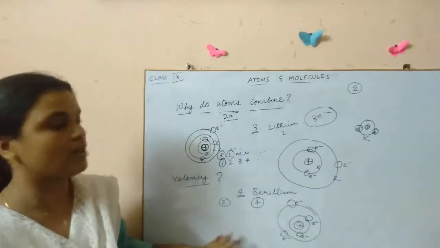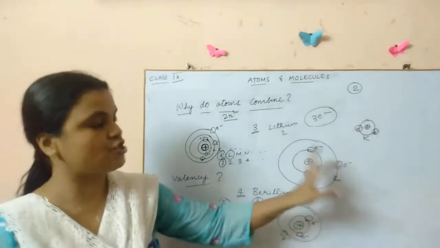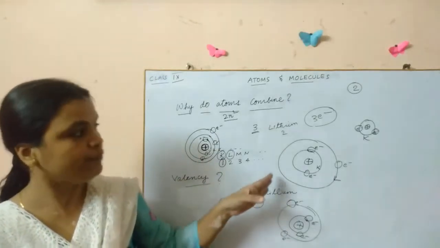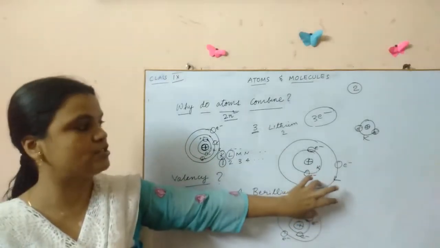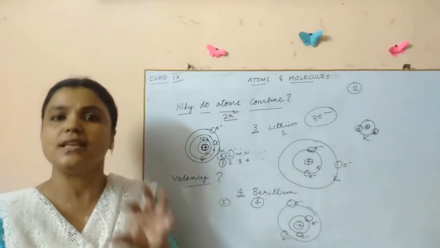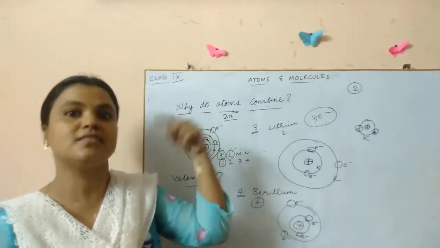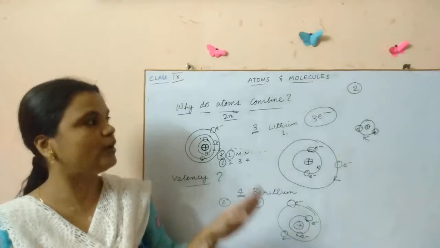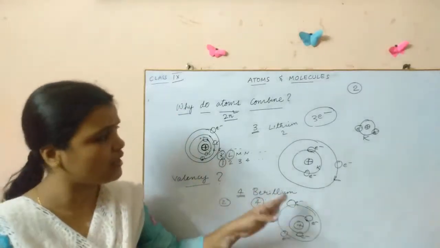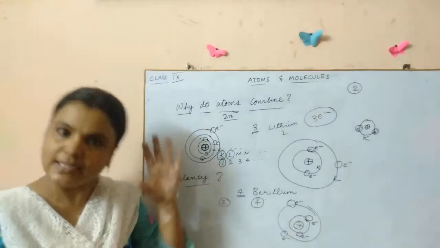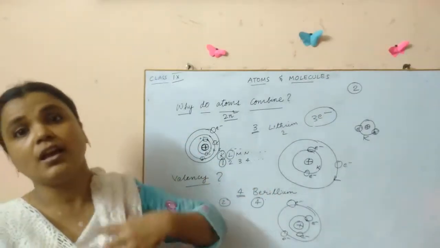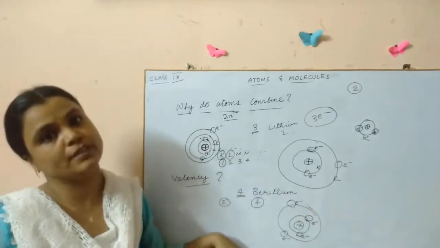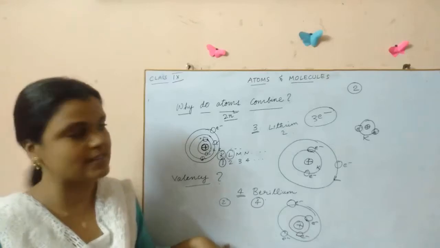Now why am I talking about all this? This outermost shell is called the valence shell, children. Valence shell or valence orbital. You can say the outermost shell is called a valence shell. And the number of electrons present in this valence shell is directly related to the valency. You have to understand all these basic points. These are not given in your textbook. Please go through it, understand well. Then only you can go further. Even in 10th class, this is very much required and very much useful. If you don't understand this, in 10th also you will have to face a lot of difficulty.